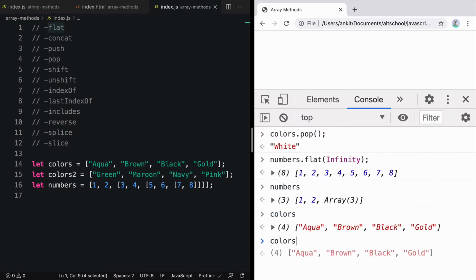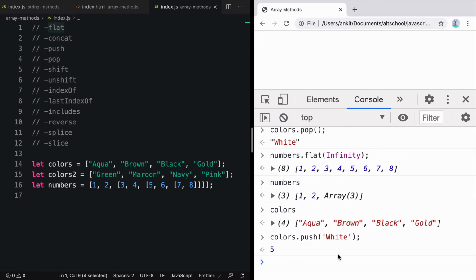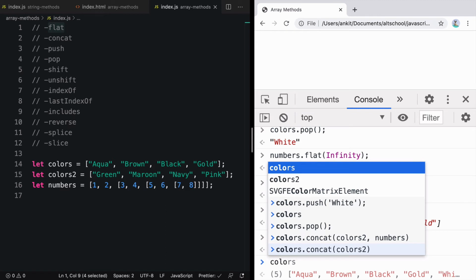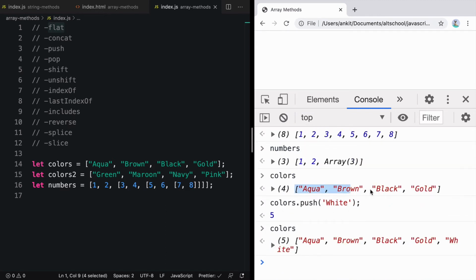What if I do colors.push and add a new value, white? Now if you look at colors again, you will see the original value got changed from this to this. That is what mutation is. So flat does not mutate the array, concat doesn't mutate the array, push mutates the array, pop mutates the array.